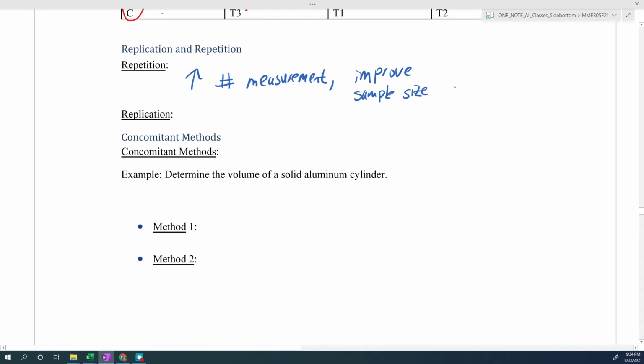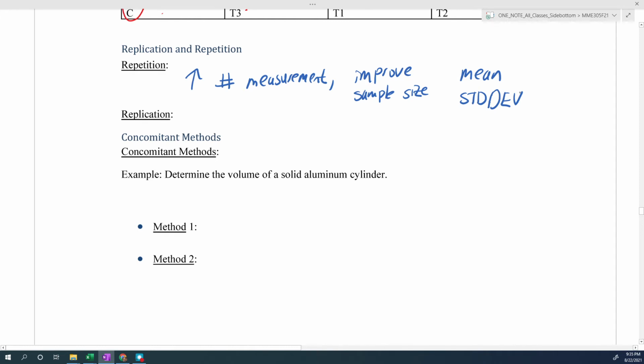By improving the sample size, it allows you to evaluate the mean and the standard deviation more representative of the actual population. We'll talk a little bit more about statistics later in the course, but that's why you want to increase